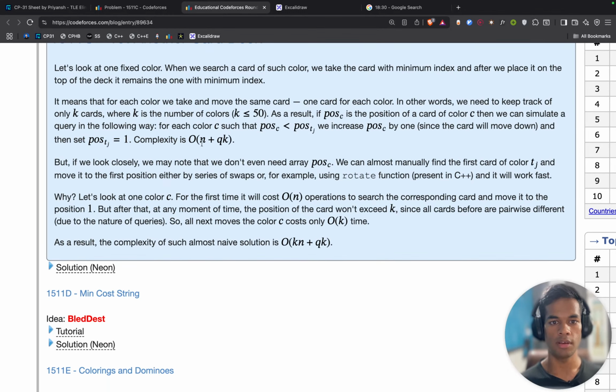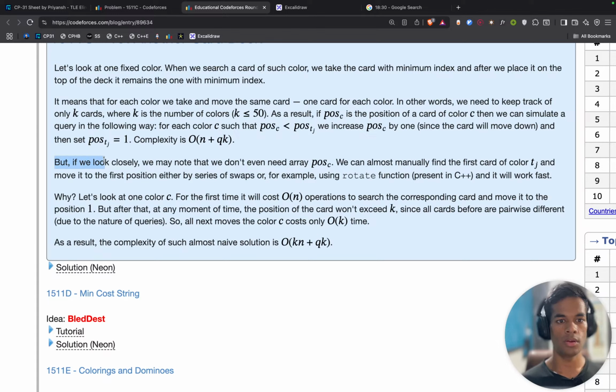Time complexity is n plus qk, because for every query you have to go through all the cards in the worst case, and n because you are first of all taking the top card for every color.